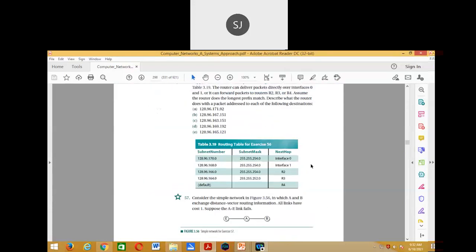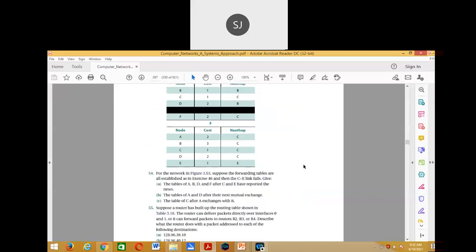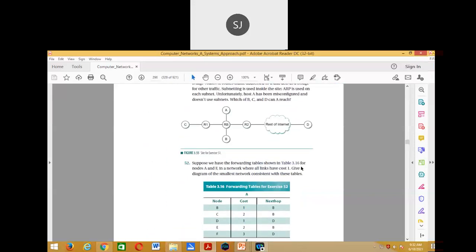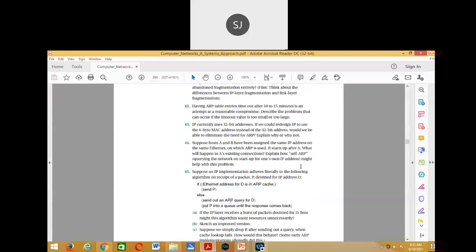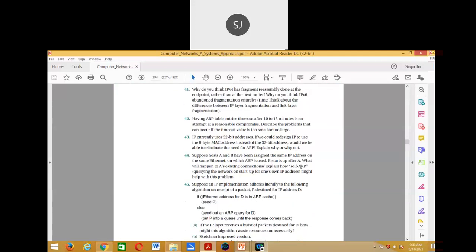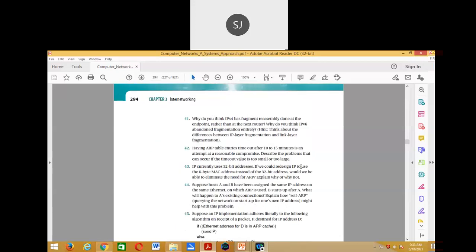No, he has not given in this. This is all routing. It is on fragmentation. Okay, fine. Yeah, so next we will go to